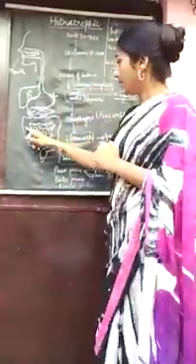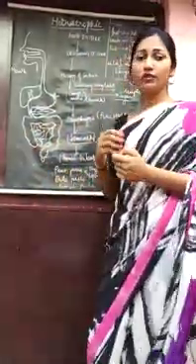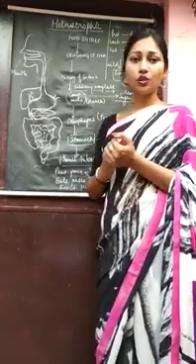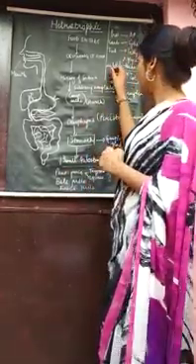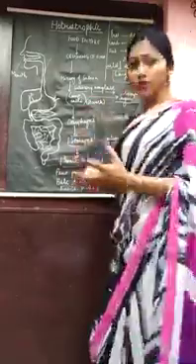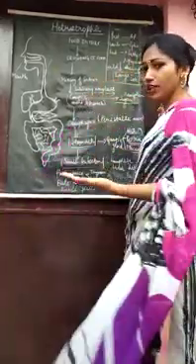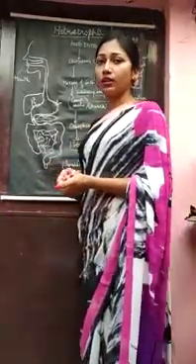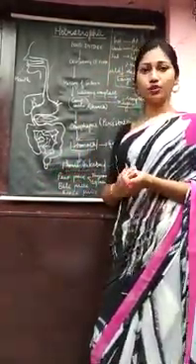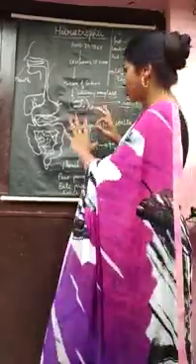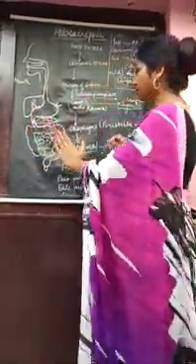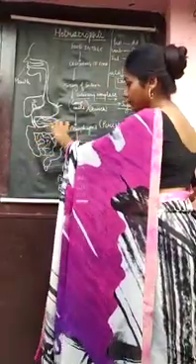In the inner lining of the small intestine, so many finger-like projections are found. These finger-like projections are called villi. Villi are for the absorption of food. They absorb the digested food. This increases the surface area for the absorption of food. If we are asked the function of villi, we can say that they increase the surface area for the absorption of food. So when we talk about digestion, we have seen that this portion has completed the food digestion.